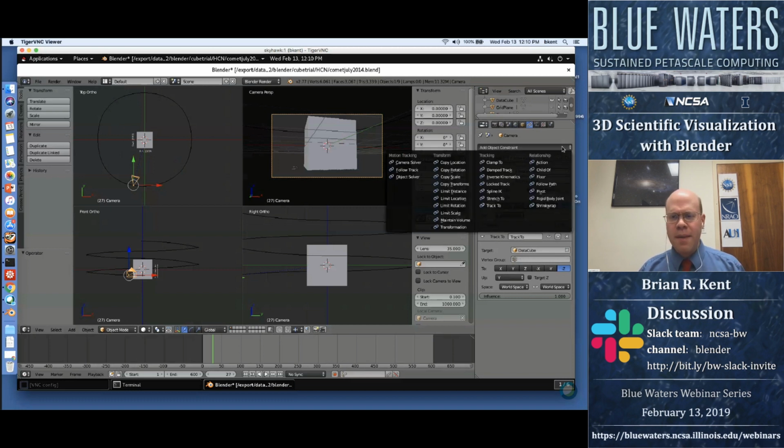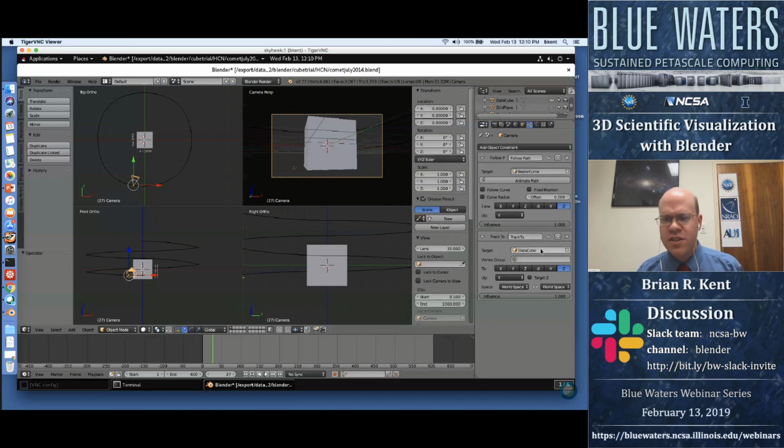You can clamp it onto something, you can lock it, you can follow something, you can follow a path, you can pivot around something, you can make it a child object of something else. But in this case, I actually want to track to, and then I select, okay, well, what target do I actually want to look at? And in this case, it's my named data cube. Okay, so that allows me to view the data visualization in 3D, and as my video plays, I'll actually see